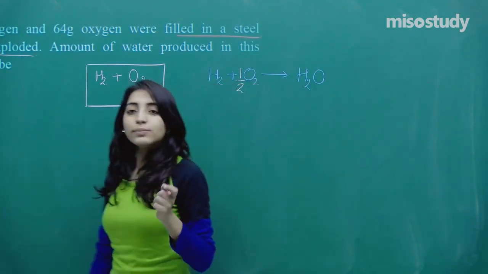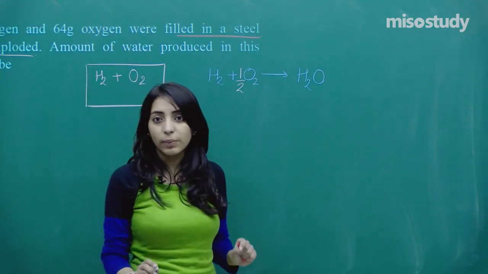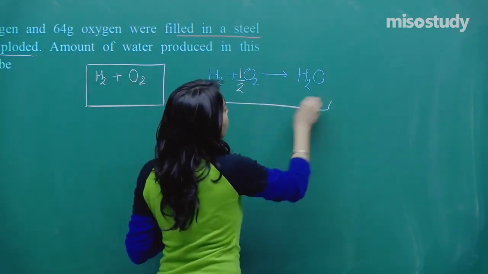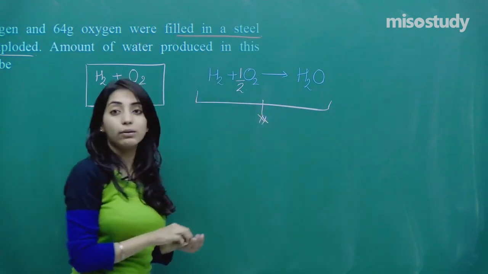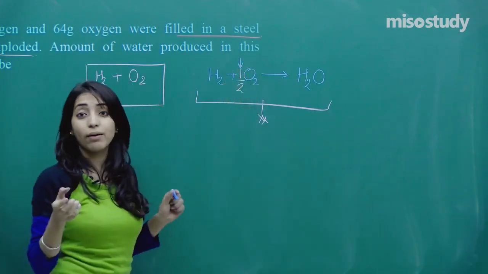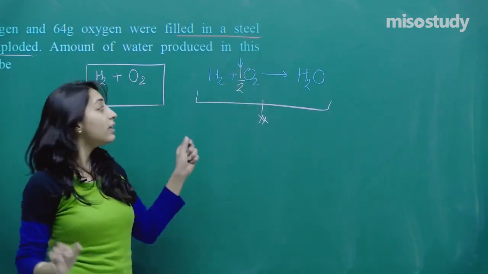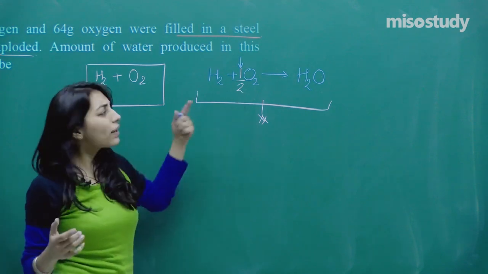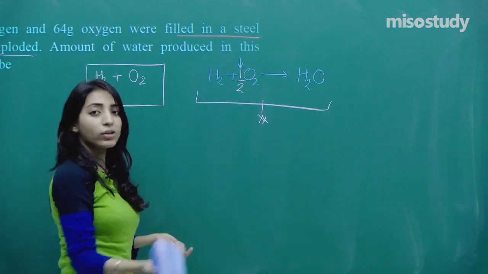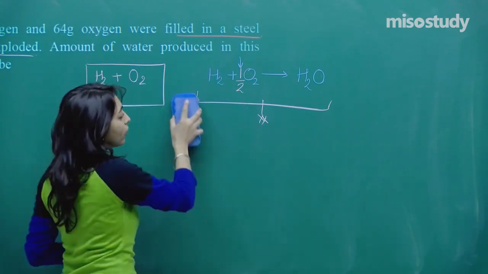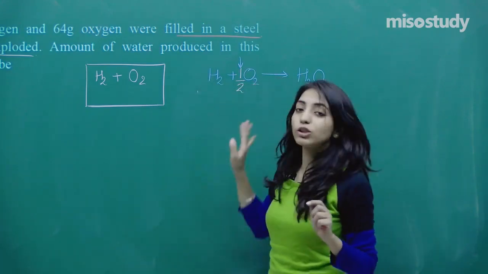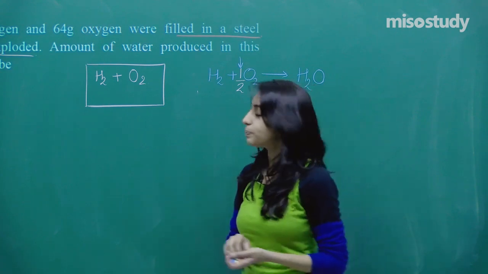But if you talk in terms of chemistry, for a complete balanced chemical equation, this should not be called a balanced chemical equation. Why? Because the stoichiometric coefficient should not be some fraction, it has to be some natural number, right? But guys, for the chapter mole concept, since we know 1 mole will combine with half mole, that is still okay, right? We can use it for the mole concept. But according to the theoretical definition, this is not exactly a balanced chemical equation.